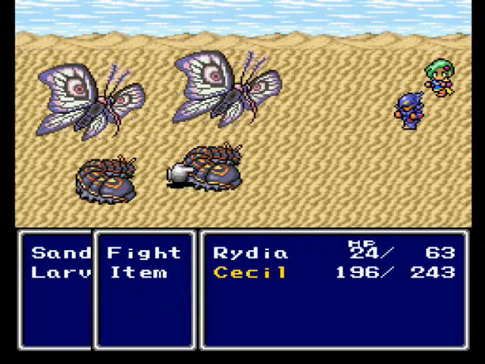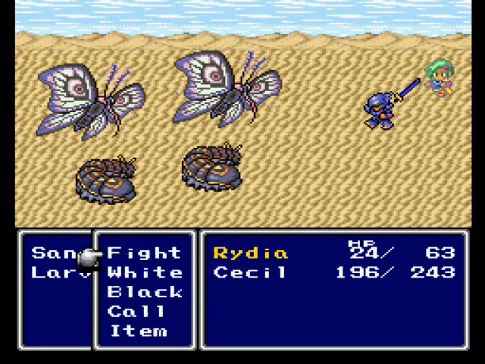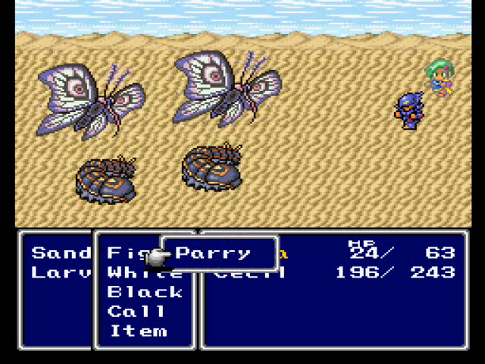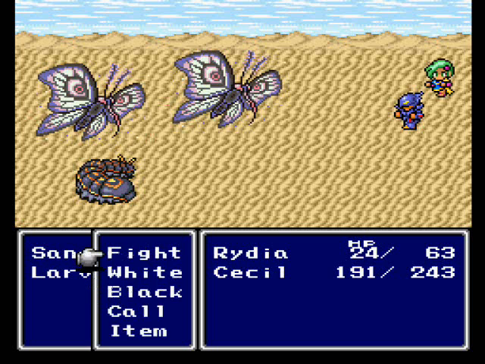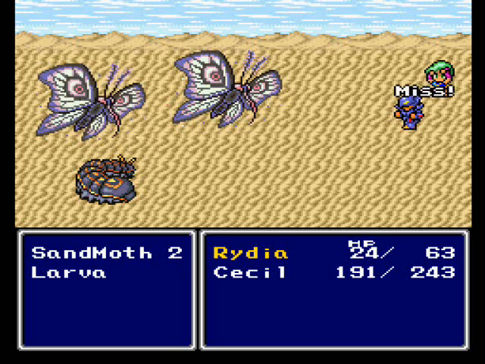Alright, here they are. We got Larva in the bottom there. We could have met up with these guys back in the Mist Cave. Yeah, you could cast magic on them, but Rydia's out of MP. Anyway, Larva is the easy one there, but he has a bit of defense. Sand Moth is the problem, though. However, if you had Cain when you fought these guys,